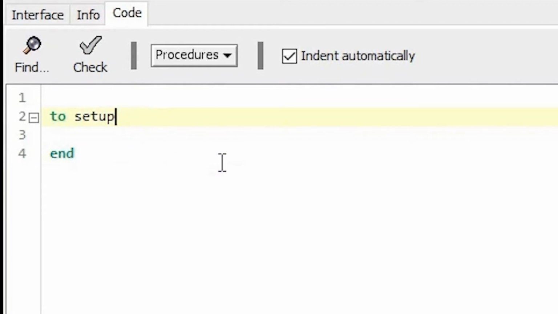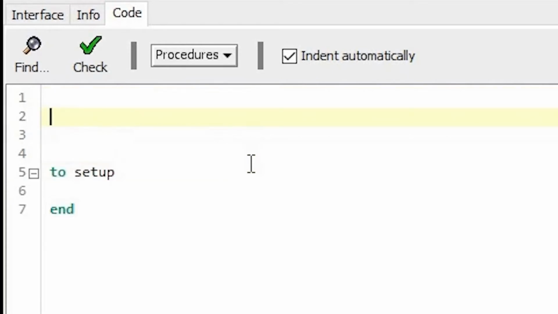Now let's see what we can write inside this setup procedure. But before going to the procedure, we should know what are the different types of turtles that we are going to use in this agent-based model. So we are going to define different classes of turtles. For example, there's a keyword called breed. Breed is something like a class. For example, we can say dog class, tree class, animal class, vehicle class, like that.